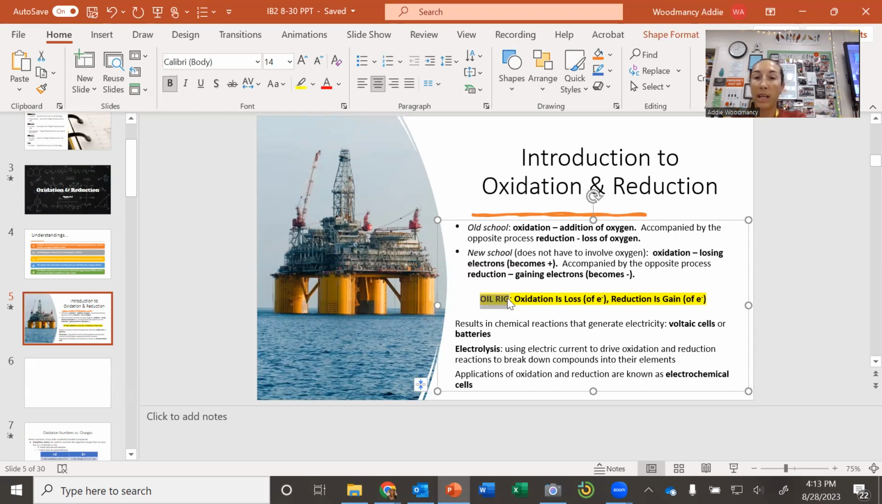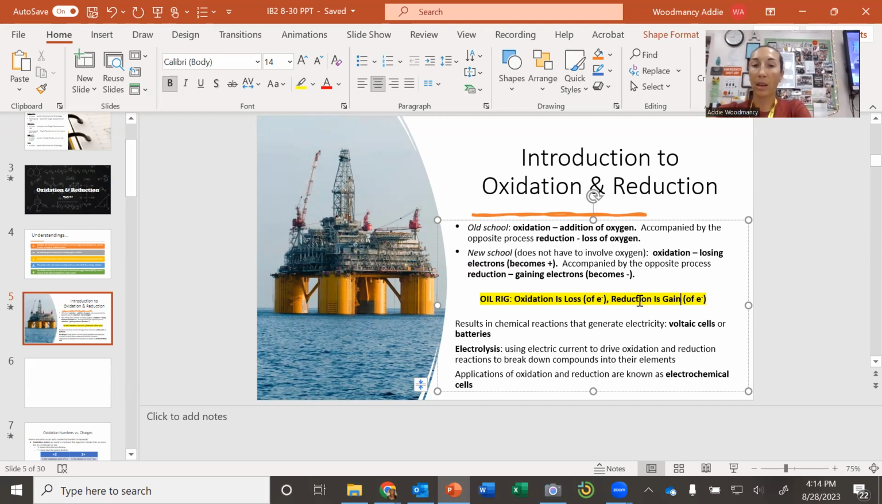But OIL RIG stands for: oxidation is loss. What is it losing? Electrons. RIG is reduction is gaining electrons. So if you can remember OIL RIG, oxidation is losing electrons and reduction is gaining electrons, then you should be